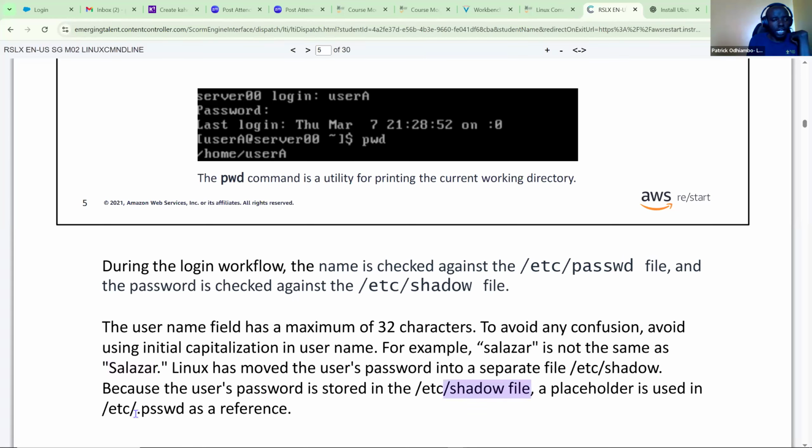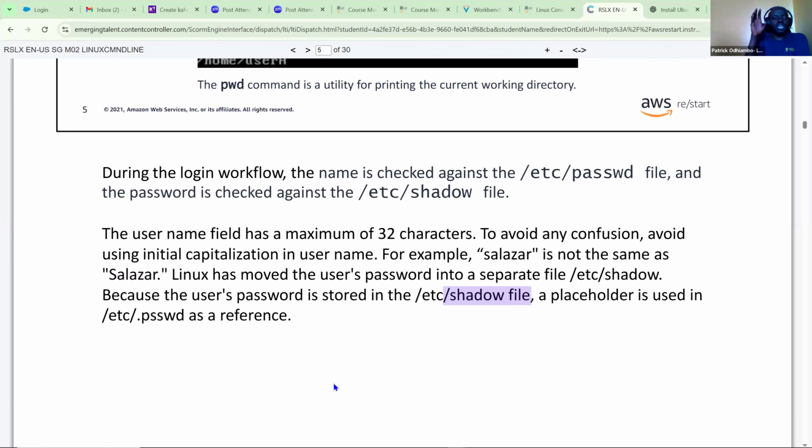We have a placeholder in the original place. Anytime you key in your password, this placeholder will be replaced by the original value that is in the shadow file. So what you've entered is compared against what is in the shadow file. I hope that is making sense.